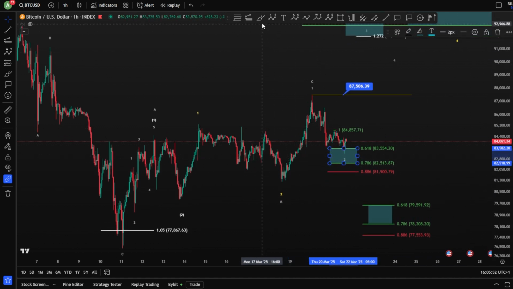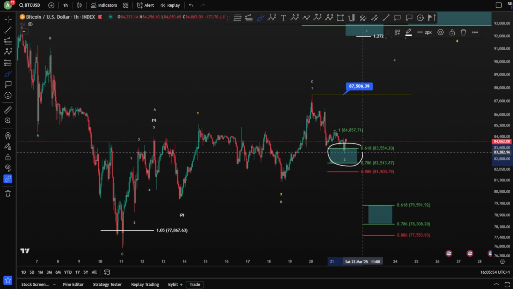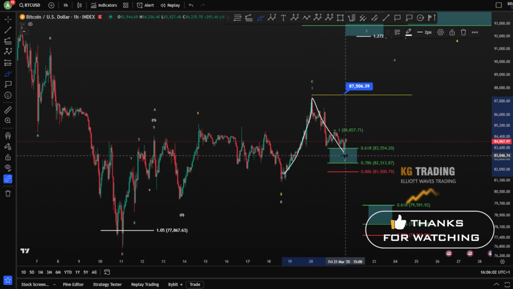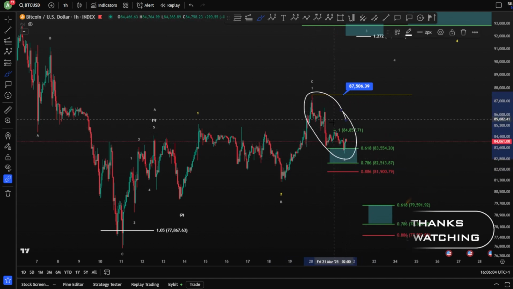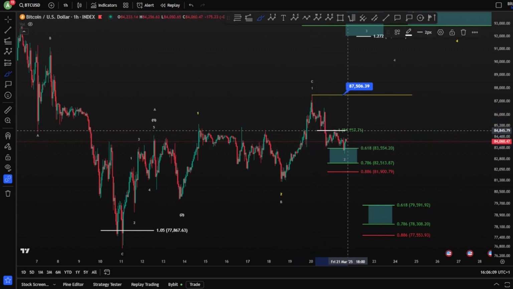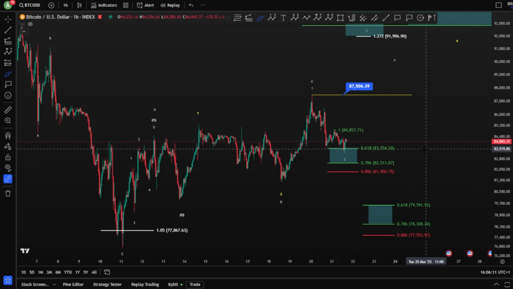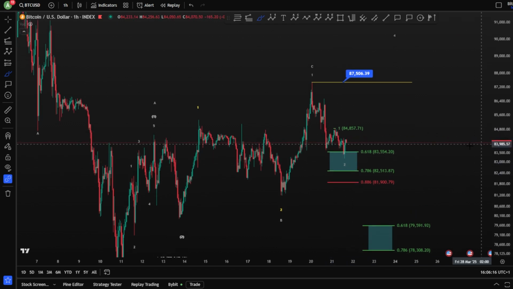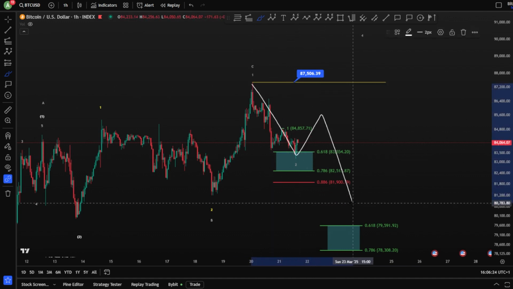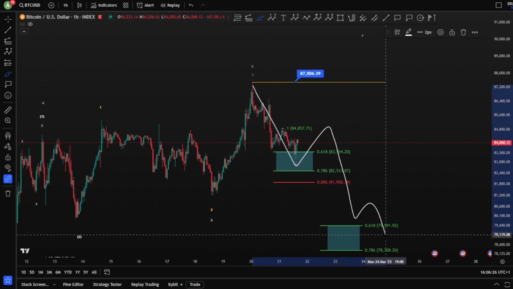So basically we said in the daily we are currently still testing this blue zone between the 0.618 and 0.786 for a wave 1 and a 2. The problem with this wave 2 right now is that we have kind of an impulsive wave 3, which has not been invalidated with a wave 4. If we are looking here for a wave 5, potentially this might give us a wave 1 or a wave A, meaning A, B, and a C, or a wave 1, 2, 3, 4, 5 toward the